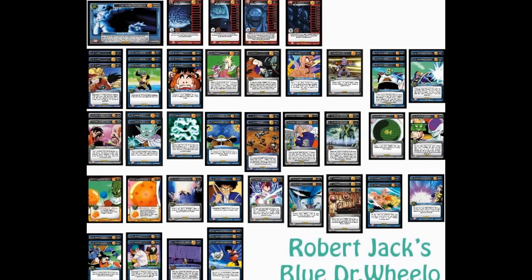Another question. So his constant on level 3 is increasing the milling by 1. Milling is discarding from the top of the opponent's life deck to the card deck. So would I have my opponent mill 3 and then rejuvenate 2? Yep. So bada boom. Yeah, so I mean you could